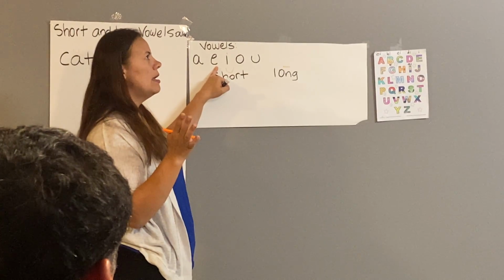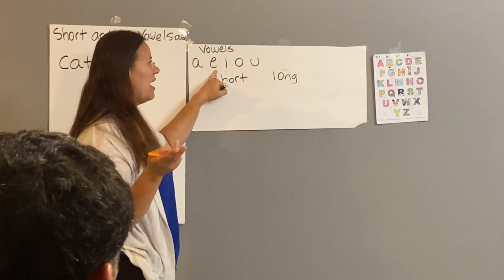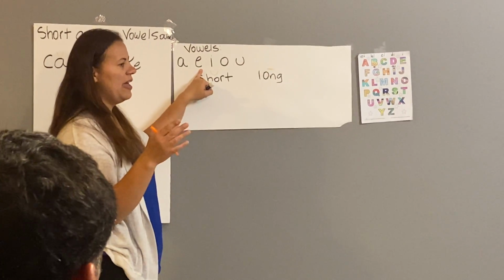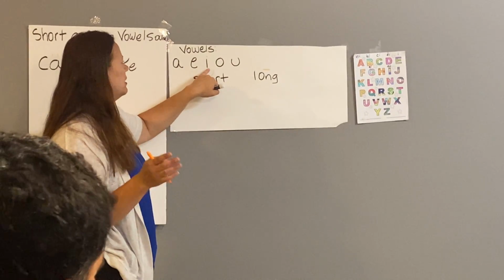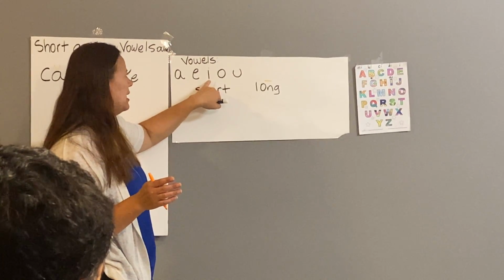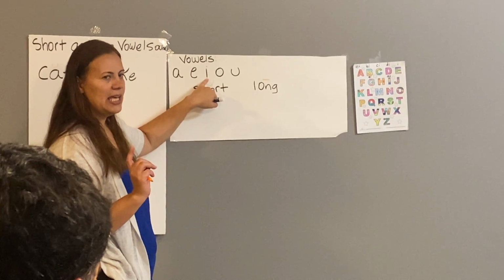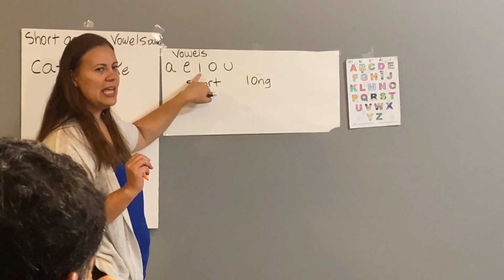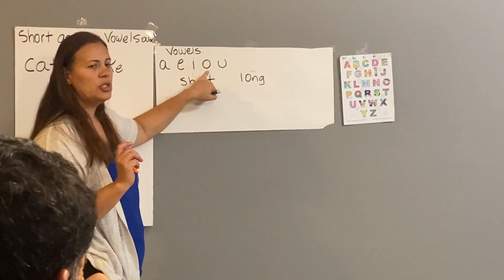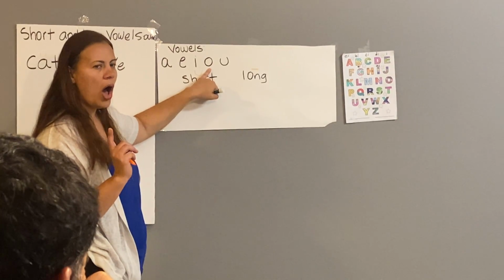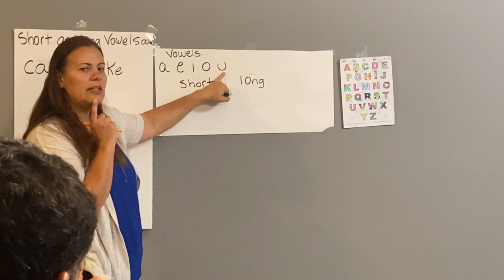Café, but not at the second vowel. Café, at the end we can say E. Now the next one, I. The short sound for I is E. Go ahead and say E. For the O, the short sound is A. And then for the U, the short sound is